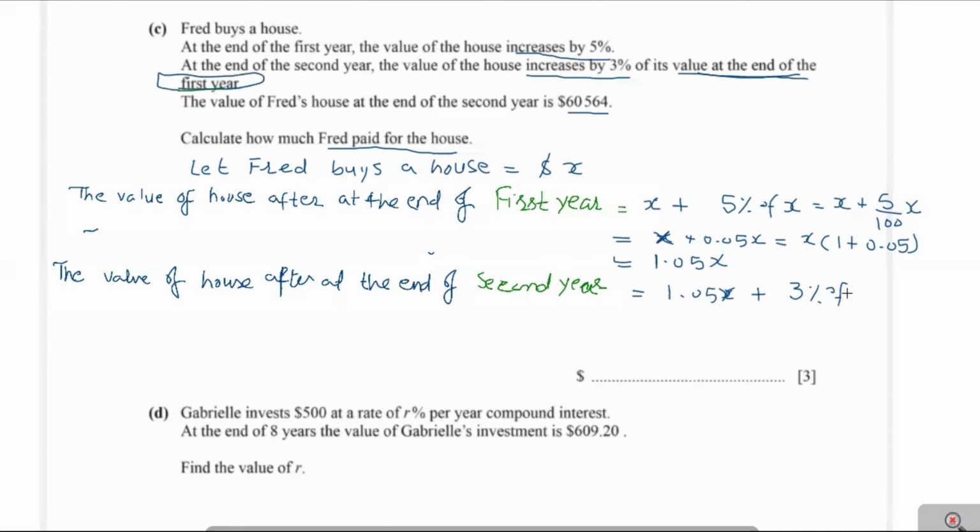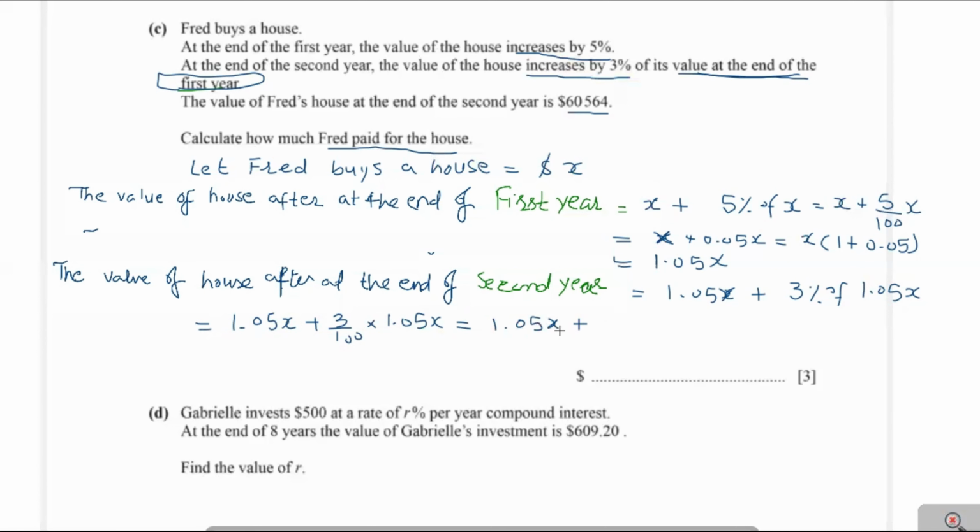First year value was 1.05X. Now we can write this value as 1.05X plus 3%, which means 3 over 100, multiplied by 1.05X, and that's equal to